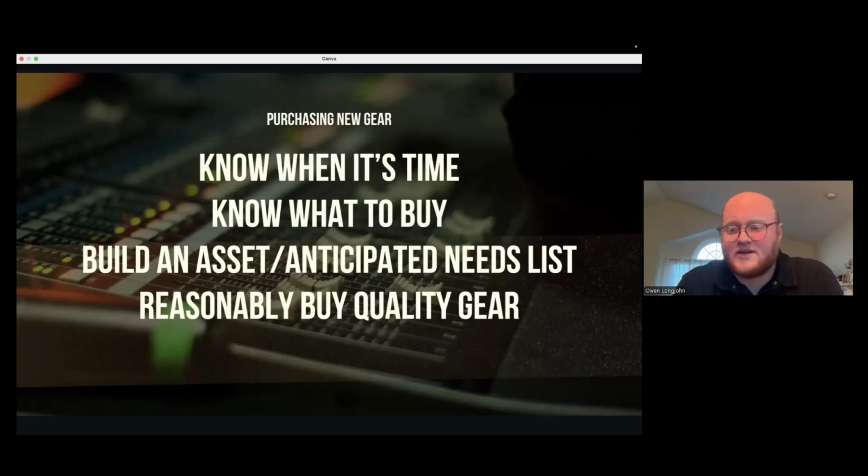I had this conversation recently. We were looking at buying a new audio console, and we knew we needed one. My executive pastor found a used one online and said, hey, what about this one? It's only a couple thousand dollars, because audio consoles are expensive. And I told him, actually, that's an old console. It was probably manufactured about 20 years ago.